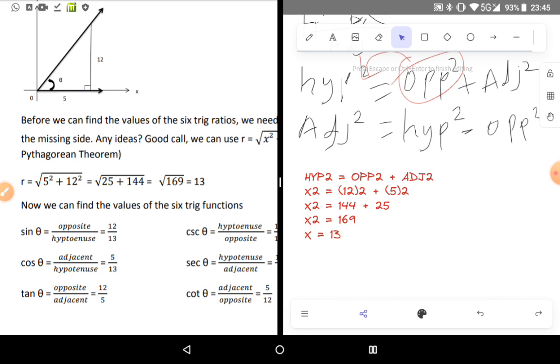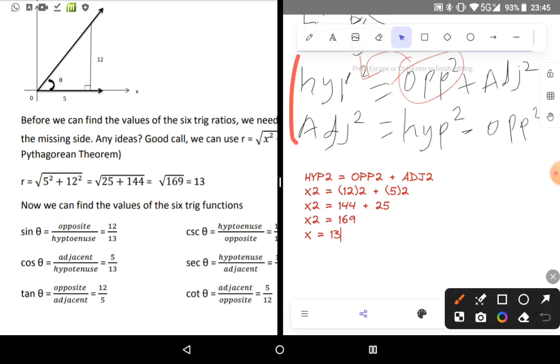So regardless, when you're looking for any side, you just have to follow this particular formula that is given here. With this guide, I'm very certain that everything will be simplified. So having gotten that, we can also